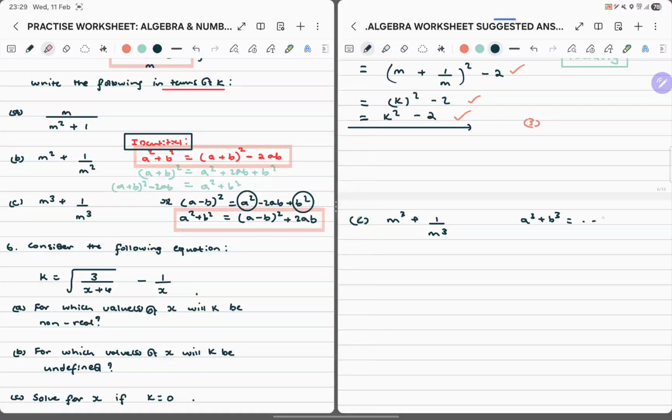What is it equal to according to the identity? Of course, sometimes, as I say, I don't remember this one, but we must create. So we're going to have a plus b. We cube it. So this is going to give us a cubed plus